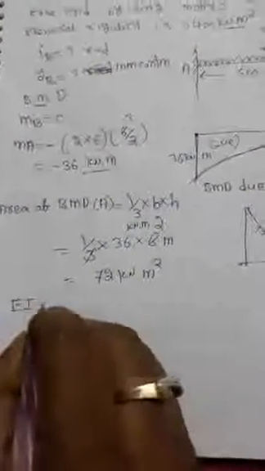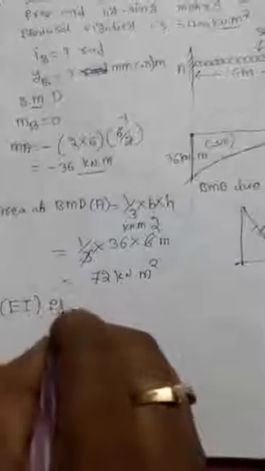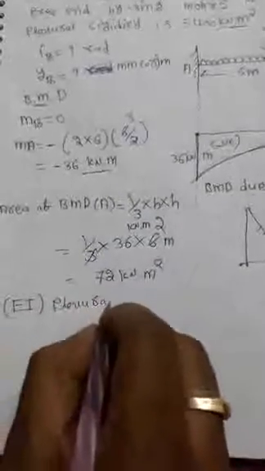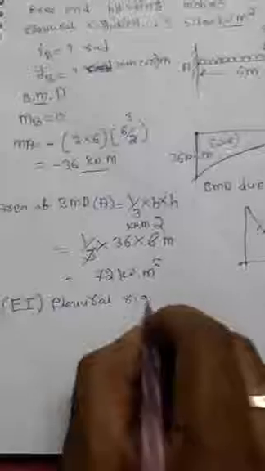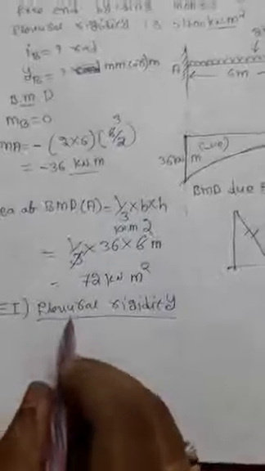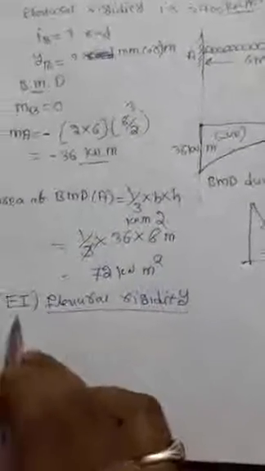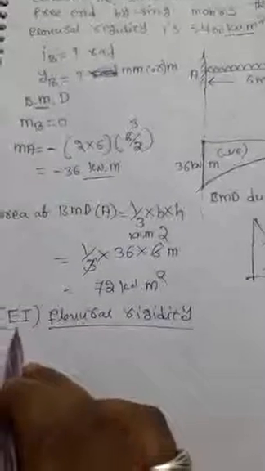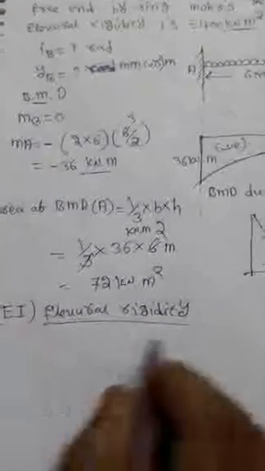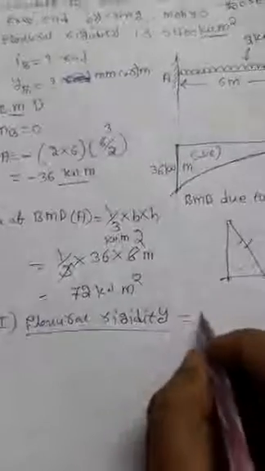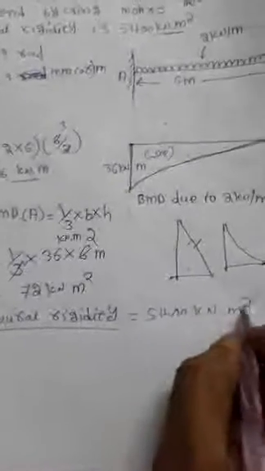So this is nothing but flexural rigidity. In the question it is not given as EI, but it is given in a letter, that is flexural rigidity. You can find this flexural rigidity is equal to EI. EI is nothing but the product of Young's modulus and moment of inertia. That value in the problem is 5400 kilonewton into meter square.